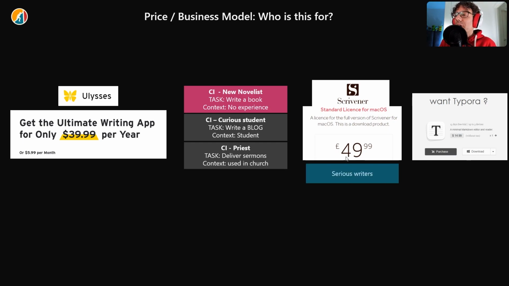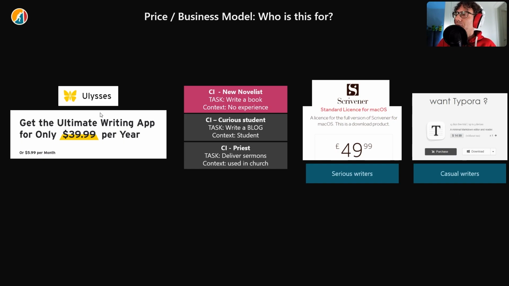And here is like, okay, this seems to be the cost of apps for serious writers that could have been 200, but they decided that 50. Therefore, 15 one-off payment, yeah, that is for casual writers. Is that true? Not necessarily. The prod can be the same prod, but when you just look at price, you infer a lot of things. And in this case, what is this thing for? Who is this thing for?